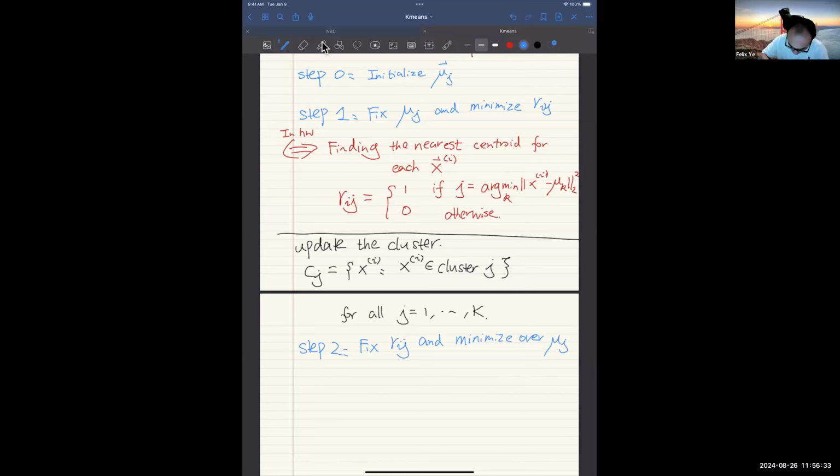In the homework again, you're going to show this is basically an update of the centroid